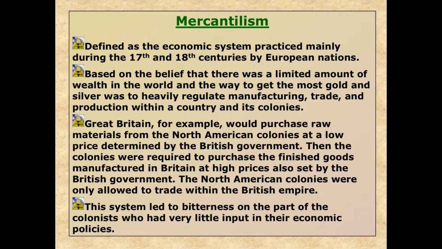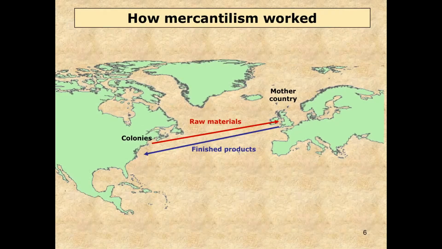And essentially, I mean, that's what's going to happen. Because look at this. We got raw materials coming in from the colonies here, going straight to our mother country, Great Britain. Great Britain is turning it around and using those raw materials to create factory finished goods or products, which they are in turn sending, or rather selling, to their colonial markets. So in essence, the colonies are there solely to make money for the mother country.